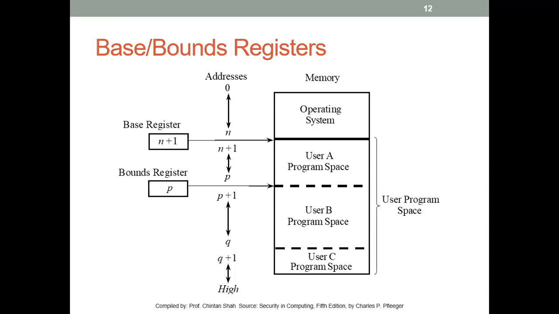After this, we have two pairs of base bound registers. So we are going to see it again next time when we meet, probably tomorrow, where we are going to see how base bound register works, what the base register and bound registers do, that is, how it shows you the location, and how it limits one user from another user. But in short, when we speak about a base bound register, it protects your user A program space from user B program space, and user B program space from user C program space. So you have base and bound registers that actually try to protect the program in one user's program space from another user's program space.